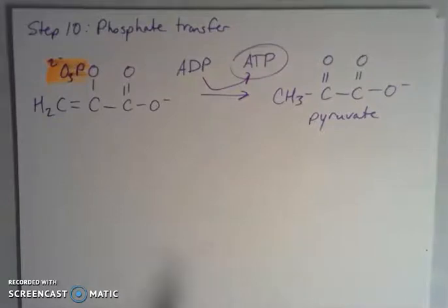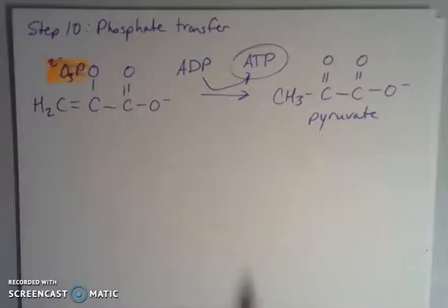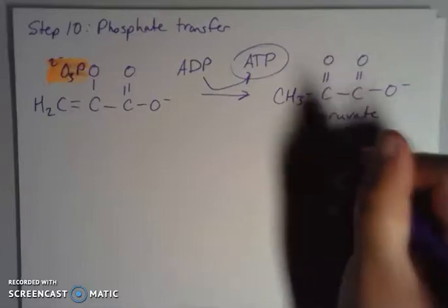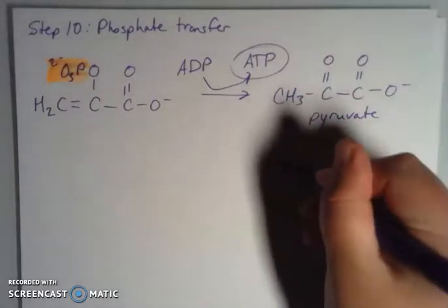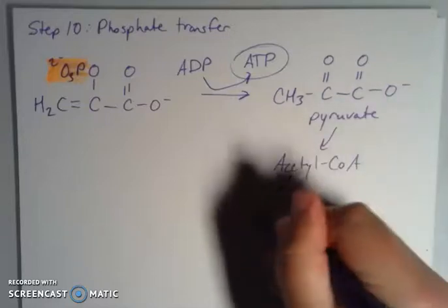All right, now the net result of all of this is going to be a net 2 ATP, because this is happening twice at each of those steps along the way. So while it took 2 to make those first 5 steps happen, I get 4 ATP in the second 5 steps of the process. And so we have a net 2 ATP at the end of it, as well as the pyruvate, which then can go on to make our acetyl-CoA,